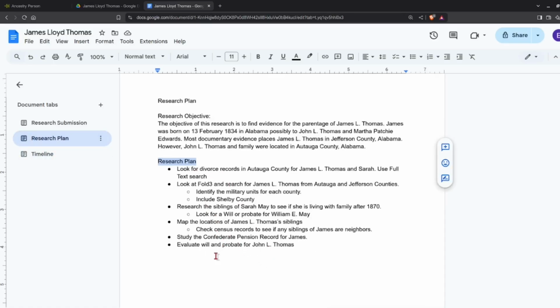Here we go. Now I just brainstormed. I didn't go and find the specific record collections yet to look at. I'm going to leave that for the person who submitted this to go through the research wiki and find sources for each of these. But one, we need to look for a divorce record in Otaga County for James and